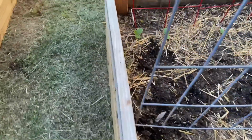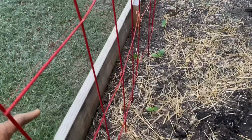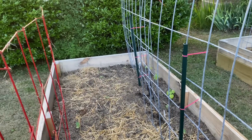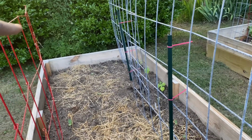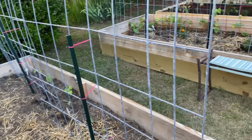And then over here on this side, we have zucchini and we have squash. And then down at the far end, we have more watermelon, like crimson and sugar babies. Okay, so